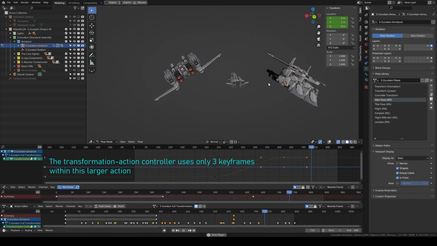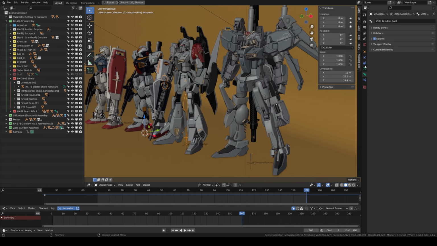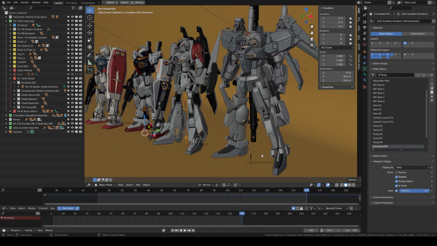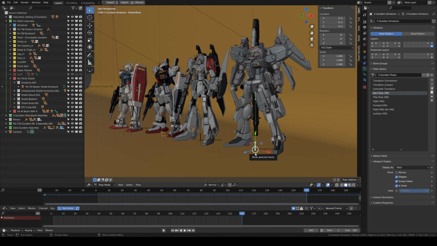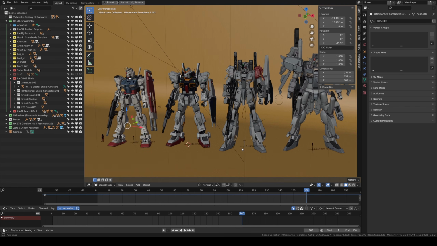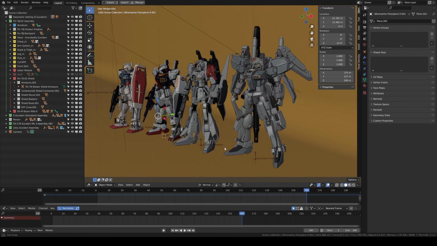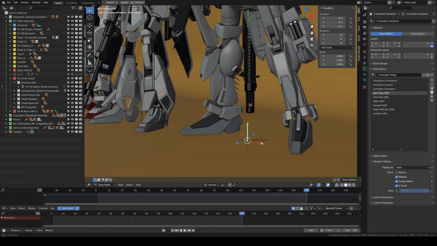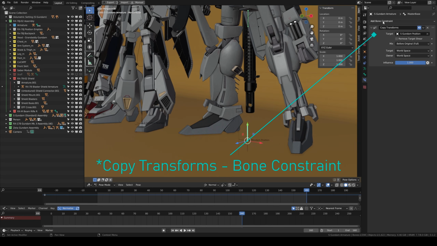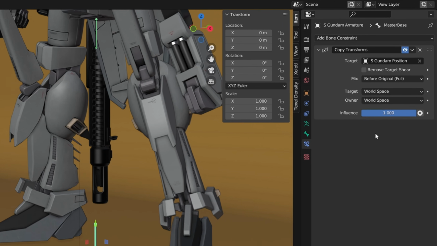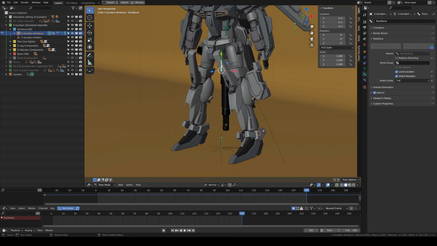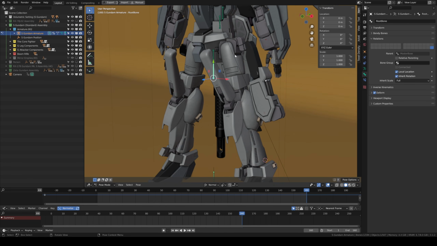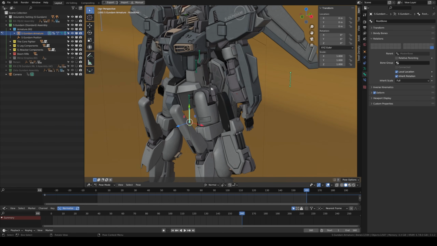Lastly, we'll go over the various object relationships in the scene. In this example, you see we have multiple models. Every assembly is parented to a single empty at the origin. It is called an empty because it does not have any object data properties. This empty is bound to the armature by a copy location bone constraint. This is called the master base bone, which is the parent bone of the entire armature. Next in the hierarchy is the pelvis root bone. Minor elevation changes like depictions of floating can be set with this bone.